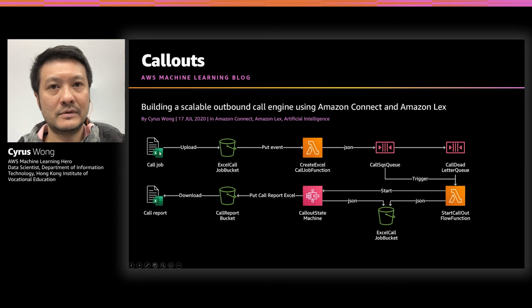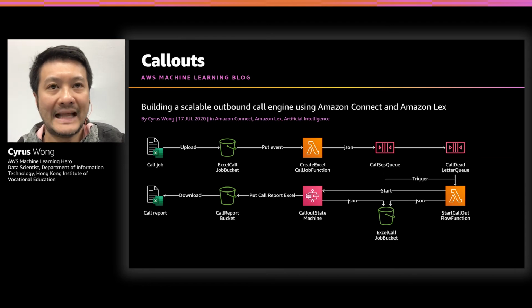We just need to upload a spreadsheet file with the call content, or a JSON file, to the bucket, and then the bucket will trigger a Lambda function and put a JSON job in a call queue, and then another Lambda function will start a workflow, a state machine. The state machine will include the task with an Amazon Connect call job, and then Amazon Connect